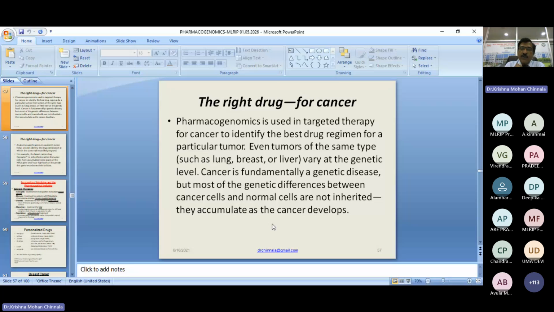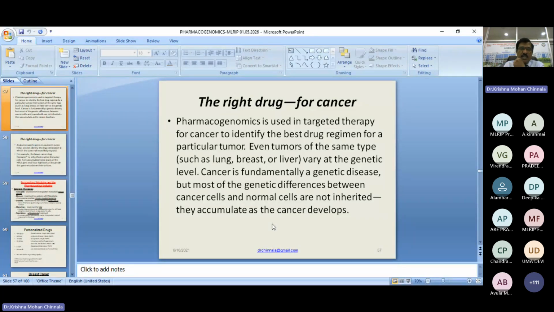Cancer is fundamentally a genetic disease, but most of the genetic differences between cancerous cells and normal cells are not inherited, they accumulate as the cancer develops. That is a major problem with the treatment of cancer. The drug is unable to identify the normal cells or cancerous cells. That's why they are affecting highly proliferative cells like bone marrow cells and all,